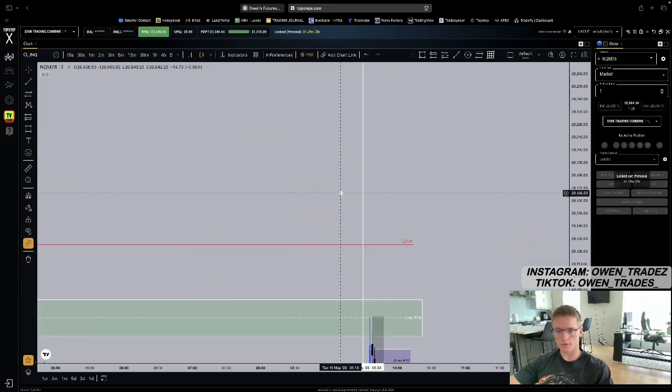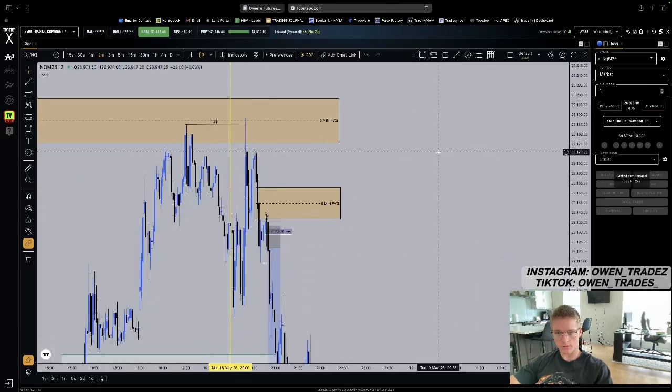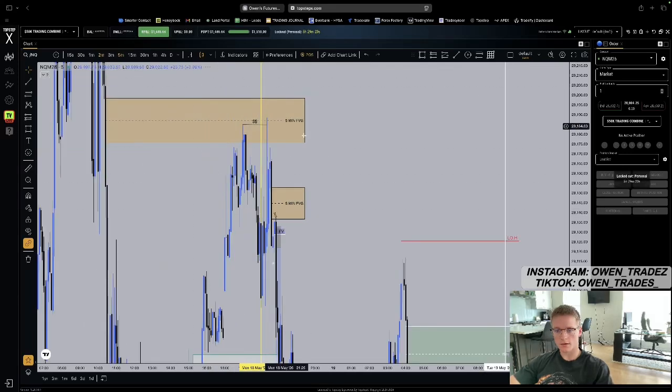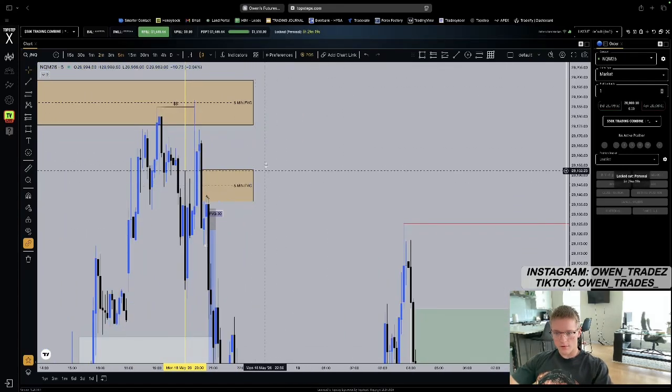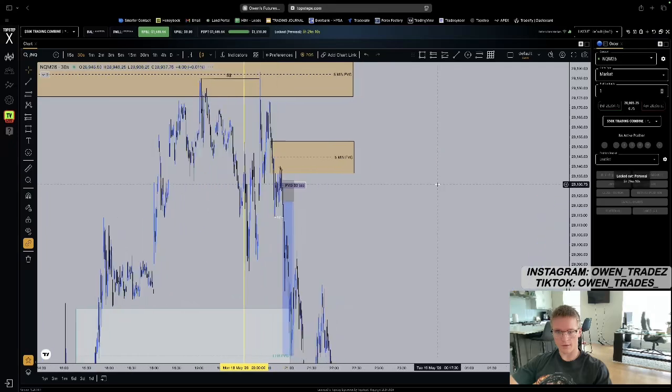With some displacement lower. There was a 2-minute gap that I wanted to flip that we failed to do. So right here, that gap right there, we failed to close beneath it. So we get a retracement higher, forming this 5-minute gap right here, right there, and then we get a retracement back into that 5-minute gap,